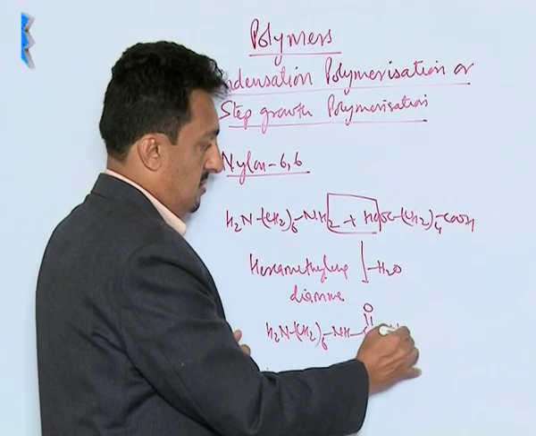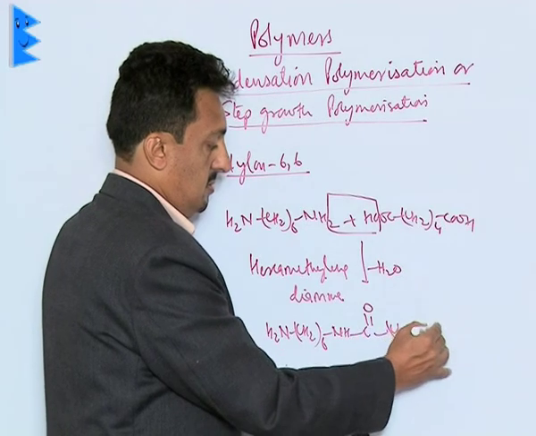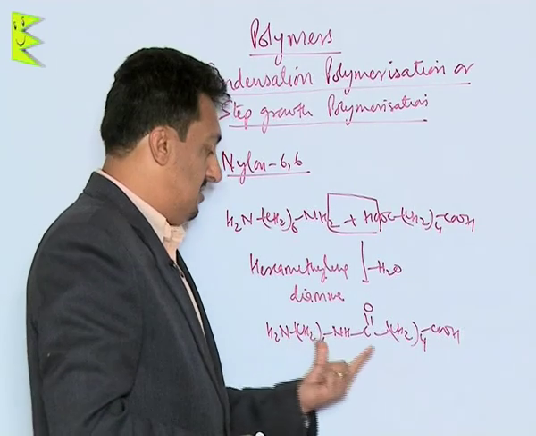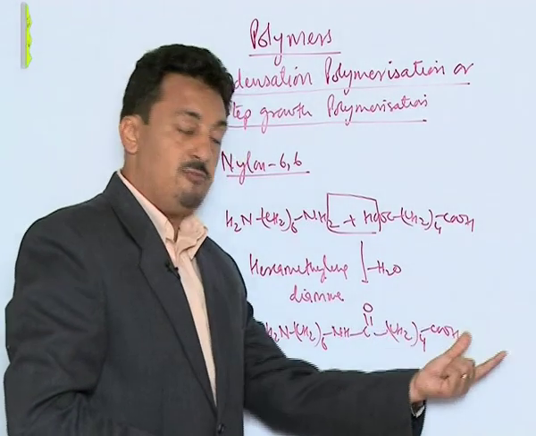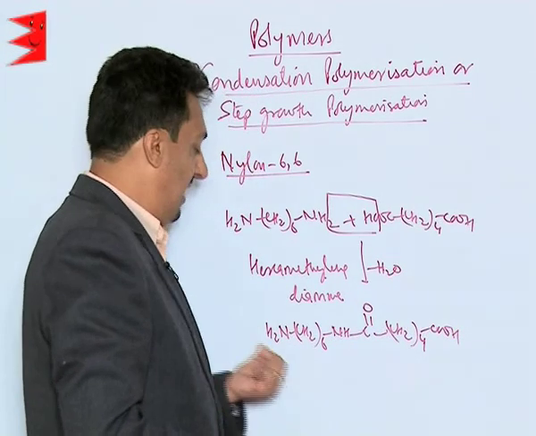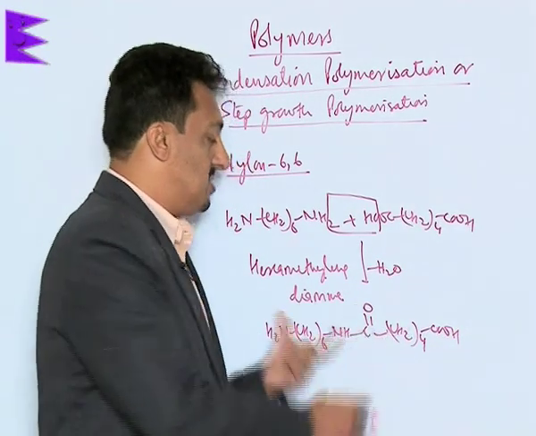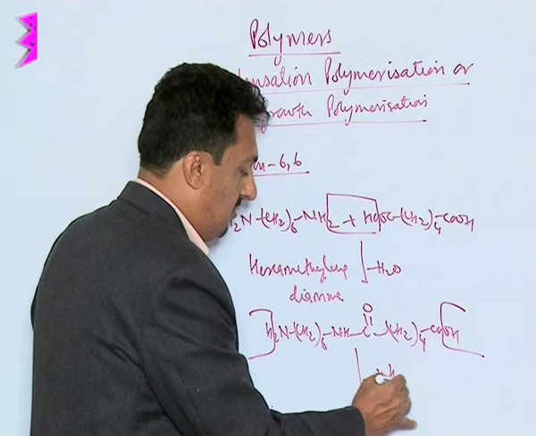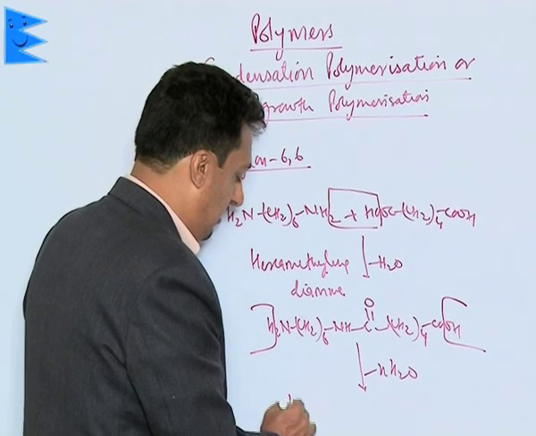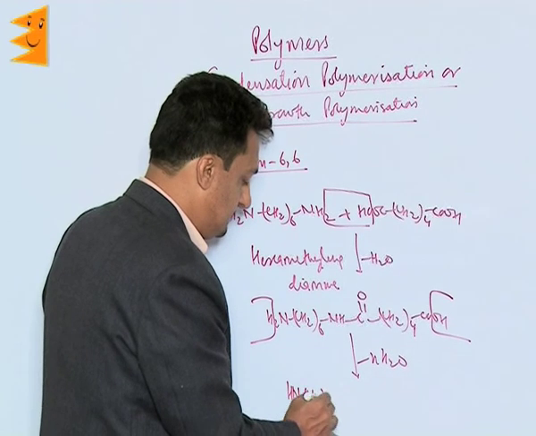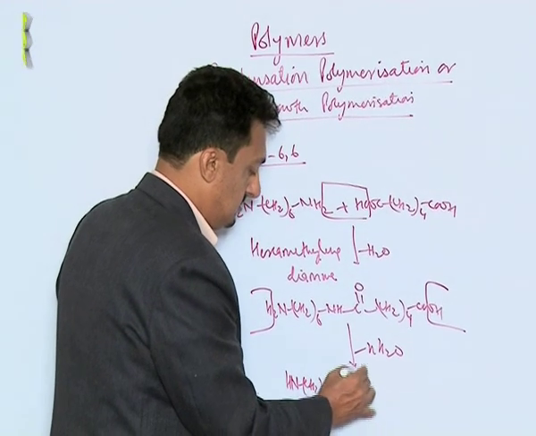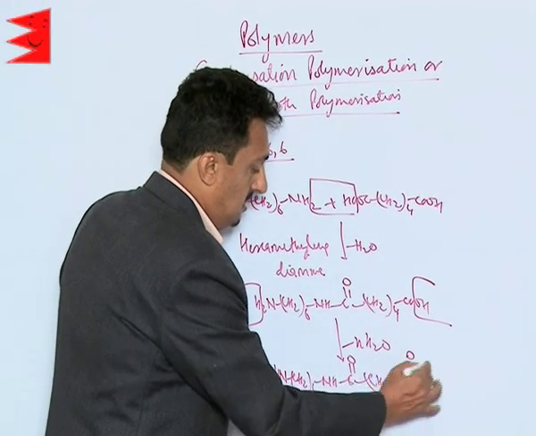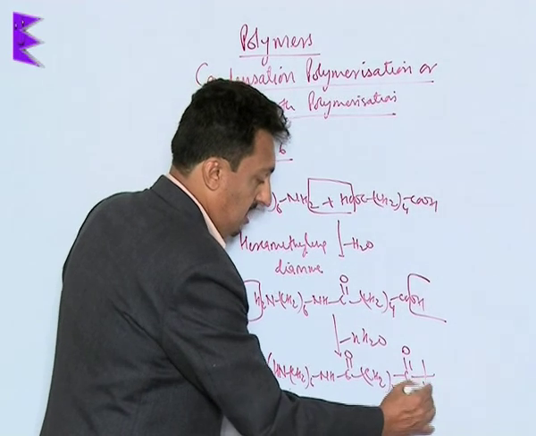monomer, which has an acid group on one side and an NH2 group on the other side. Now, this monomer will combine with the same type of monomers from this side as well as on the other side. This is called the N side and this is called the C side, and this is how they form a long chain. So, OH goes out here, H goes out here. So, n number of water molecules are lost, and at the end what we have is this polymer, which is called